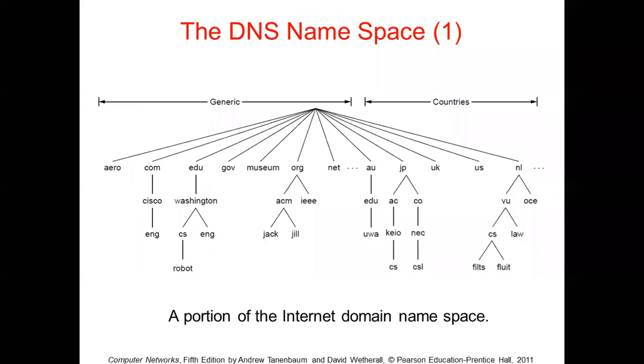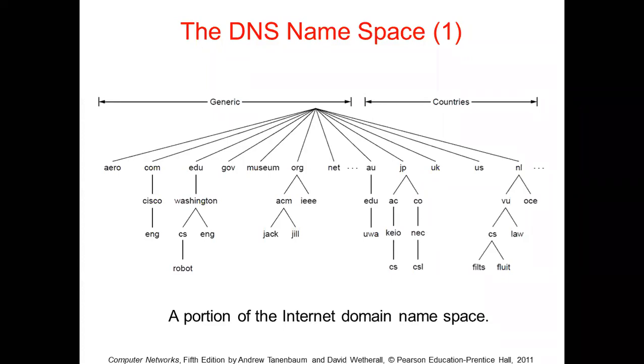Now, the domain name space we should know. On the internet, the whole domain name space is divided into 250 top level domains, which are either generic or country domains. Generic means general purpose, like commercial websites, educational institutions, and governments, which come under generic. Websites related to a particular country come under country domains. The domain names are generally case insensitive. They can be up to 63 characters, and the whole path should not exceed 255 characters.